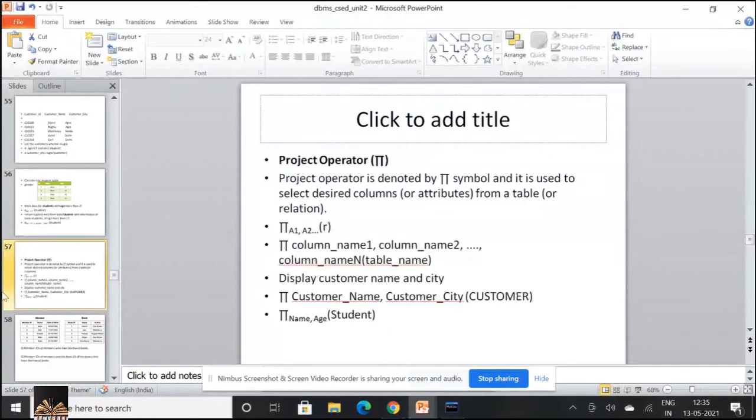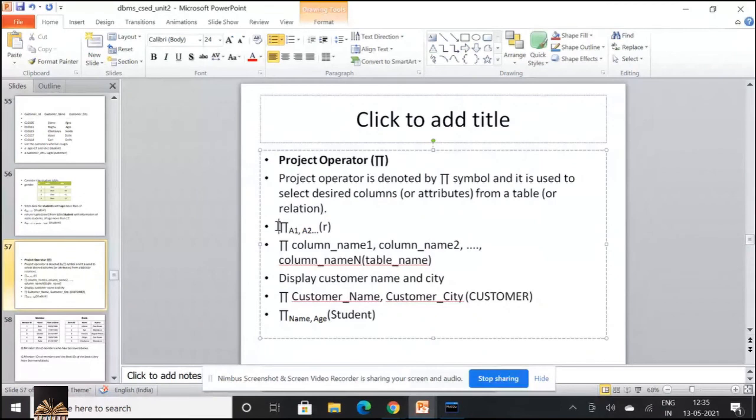It takes the following form: pi is the symbol used, pi A1, A2, the columns you want to work with from the relation R. Now see, display the customer name and city from the customers table. Project customer name, comma customer city from customer table.